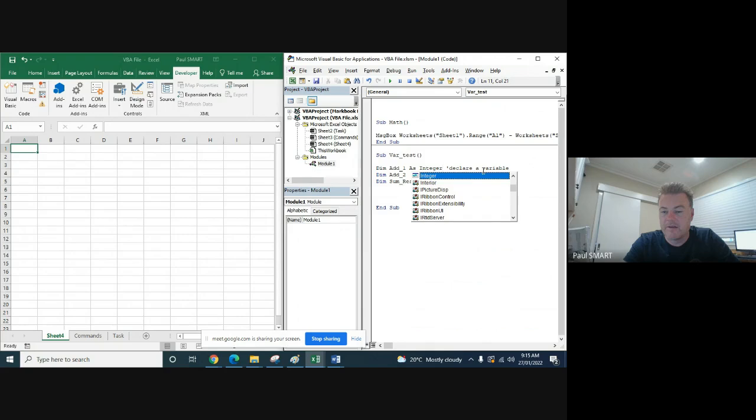What I've just done is told the computer there's a variable coming. It's called add_1 and it's an integer. Now you can be more specific about what the variable is going to be. There are several different types, and we'll put them in here below so you can follow along if you like. We can declare it an integer,